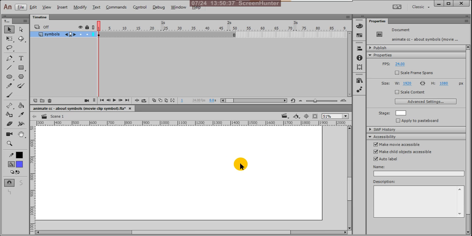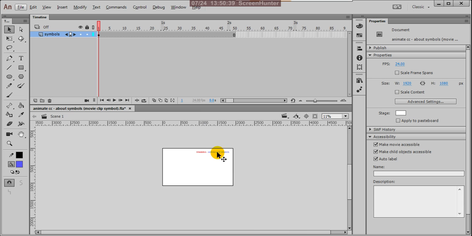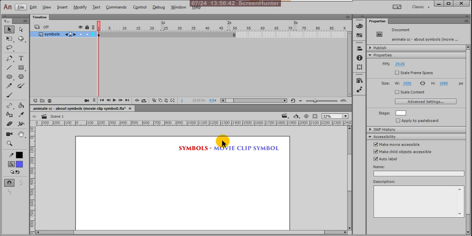So what is the difference between a graphic symbol and a movie clip symbol? Yesterday I explained that a graphic symbol mainly represents only static symbols, static images. You cannot insert animation into a graphic symbol.